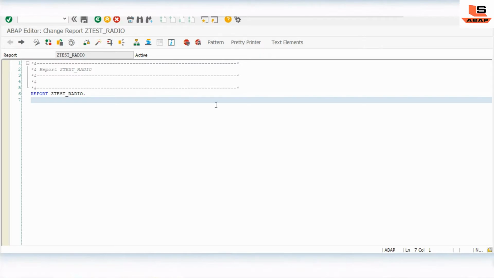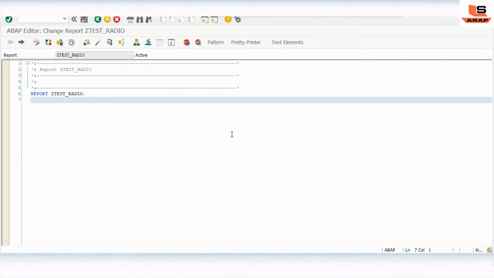Okay friends, I am in my ABAP editor. I will create one selection screen with three radio buttons, and based on the three radio buttons I will create the corresponding input fields. For example, the three radio buttons are name, address and phone number. Whenever I click on the name radio button, it will display the name fields, and whenever I click on the address button, it will show the address fields. When I click on the phone button, it will display the home phone number and office phone number fields.